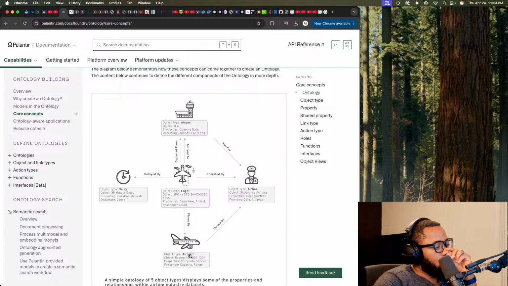So here you have object type aircraft. So there's the actual physical aircraft, and then there is the flight. Delayed by, operated by.